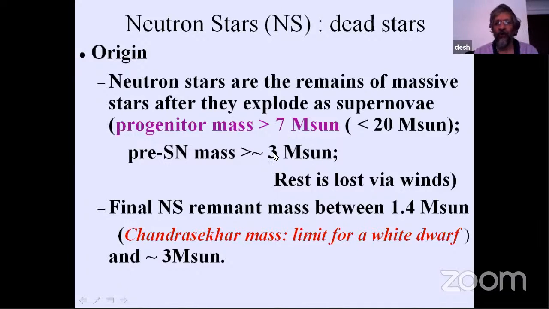So this, of course, involved the population study. It involved studying where they are born, whether they have the memory of where they were born, and how long it has taken since the formation of the progenitor itself, and how long it takes for them to explode as supernovae